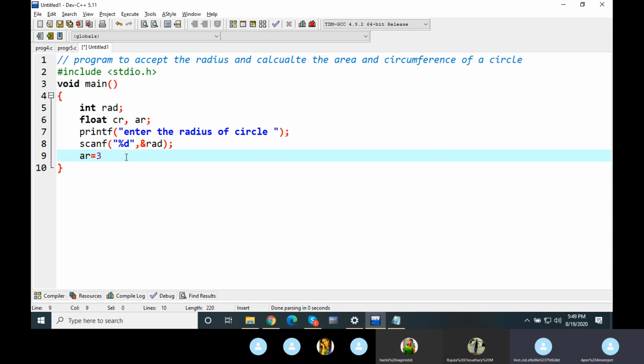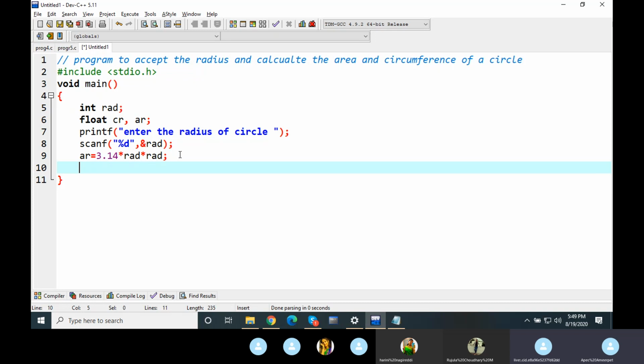Okay. Here we will write 3.14. This is pi value multiplied with r square. Now, r square is RAD. R means RAD here. You have to write it as RAD multiplied with RAD. So radius square is represented like this. Pi is represented with 3.14. So that is area calculation completed.